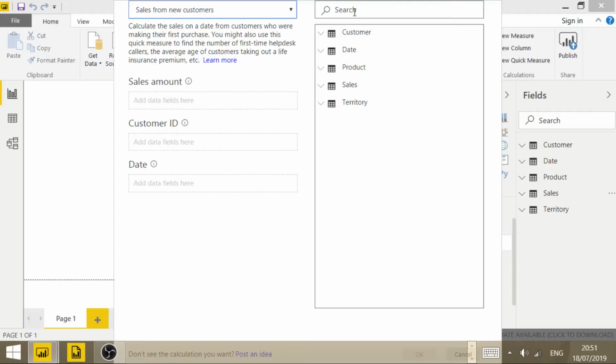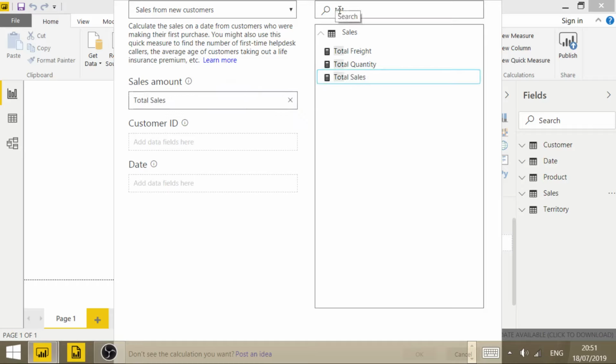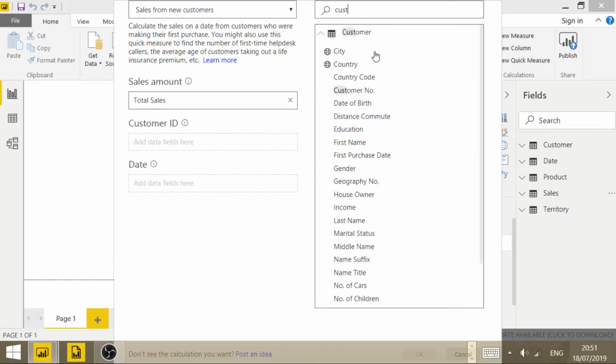Now there's three boxes here to fill in. The first one here is what's your figure for sales. So that's a measure I have, total sales. So drag that across into it. Then the next one is the customer ID. So you have customer number for that. So I'll drag that one across